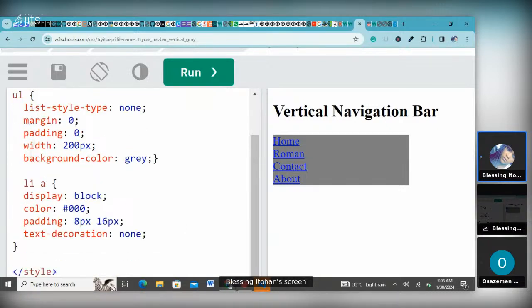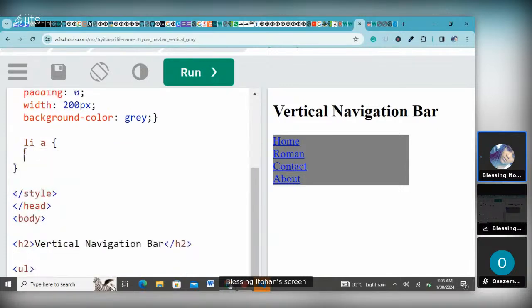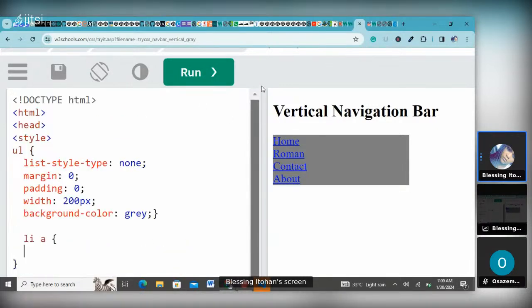the individual, what's it called? Now you know that UL is just like the container. If you notice, it is not touching any of the write up inside. It's just the surrounding, removing the space around the container, removing the type of list that is there, giving the container a background color. Do you understand? So now we want to touch the link itself,